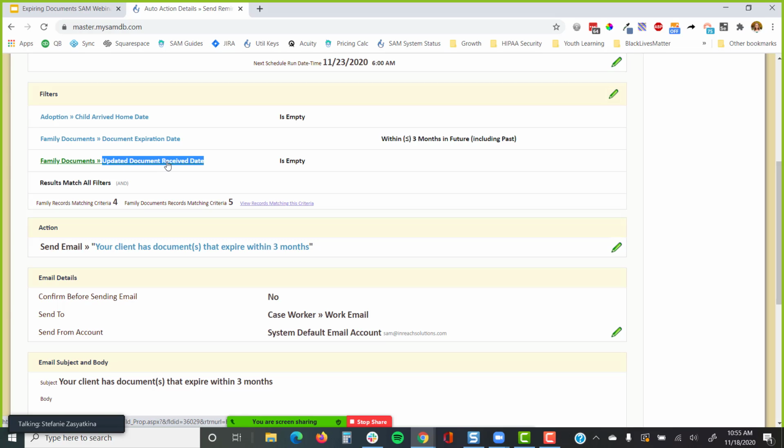This document, when was it received? That again, I'm not looking at the historical document because that's old news. I only care about the most recent version of that document. So I've got those two. The other thing that I've added into this one, because this is about the adopted family, is that their child arrived home date is